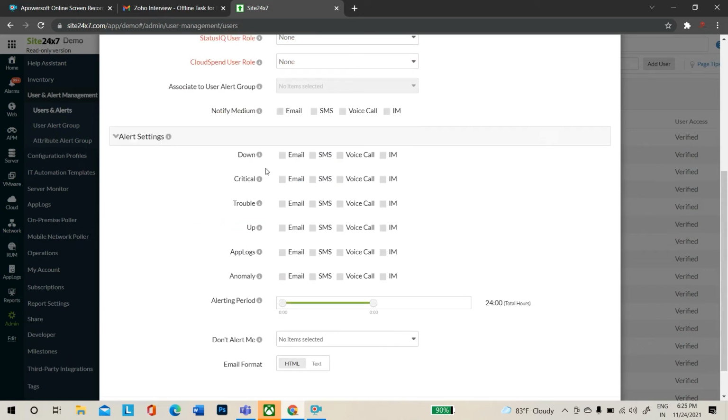Again, if you see, the same option is repeating in all the mediums, even the down, critical, trouble, up, app logs, anomaly, everything has the same options. Under this, he can enable the alert options. Wherever he wants to receive the alert, he can use these options. And when you click on this, there will be a tick icon here.